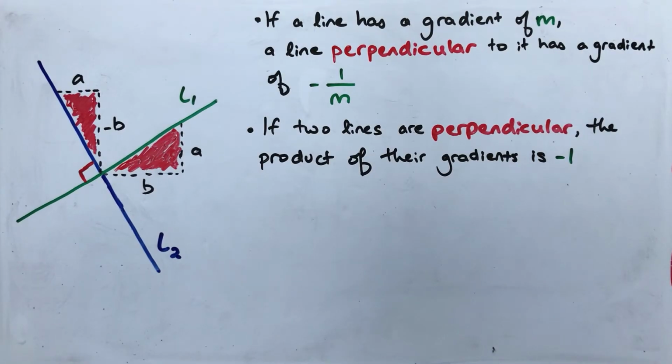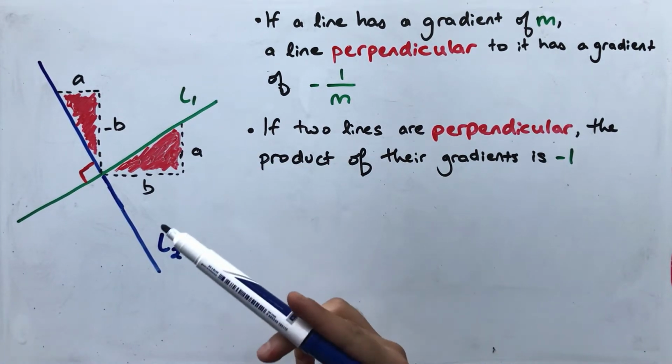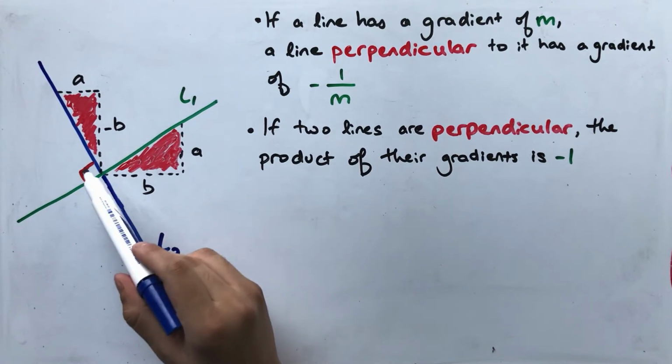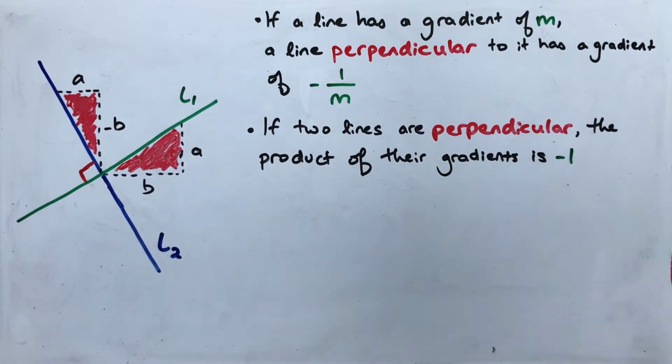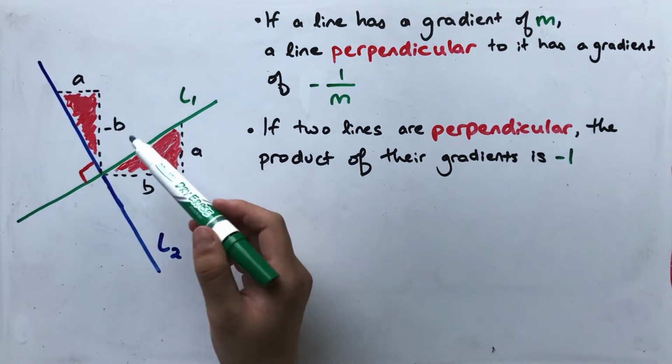As we can see, there are two lines over here, a blue line and a green line, which we have named L2 and L1, and they're both perpendicular to each other. So that means they both intersect at a right angle. Okay, so if you look at these two triangles, they're both congruent, which means they're the same, and the gradient